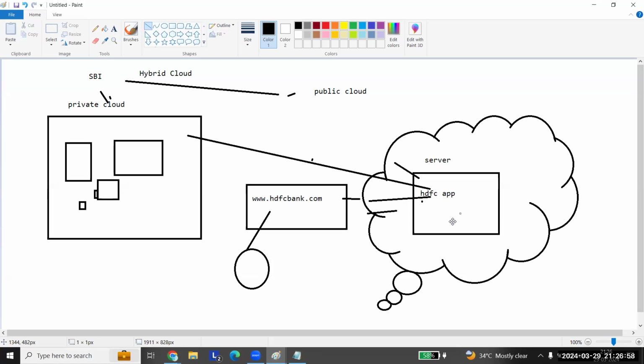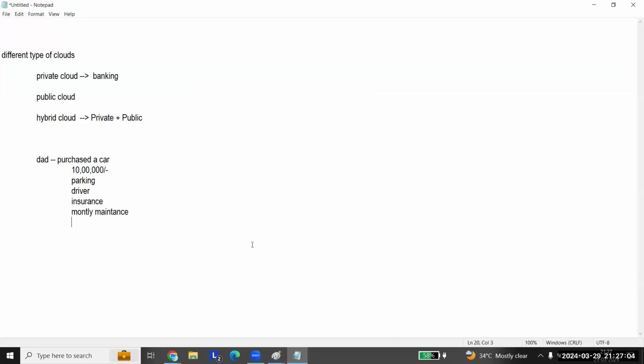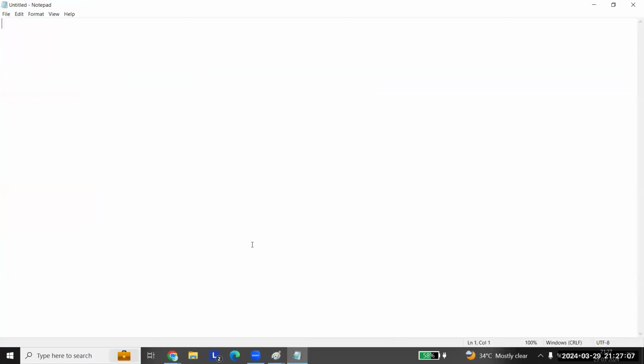Okay, so the remaining we will talk on Monday. So this is all models, this is types. So we have service models also, cloud service models.